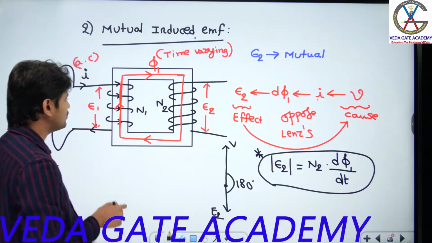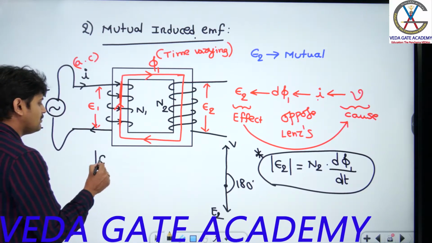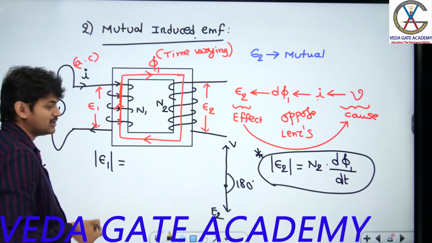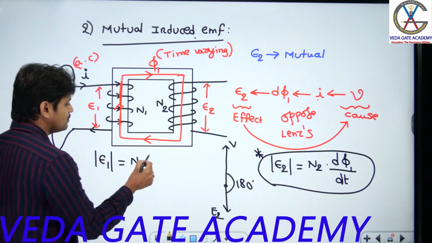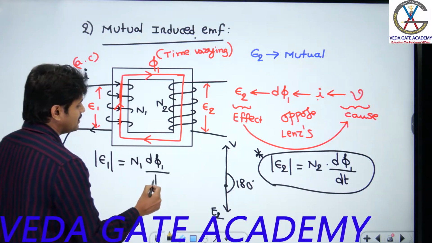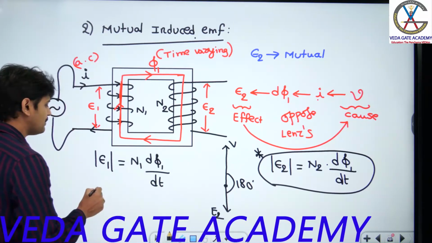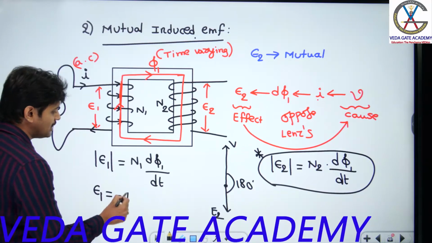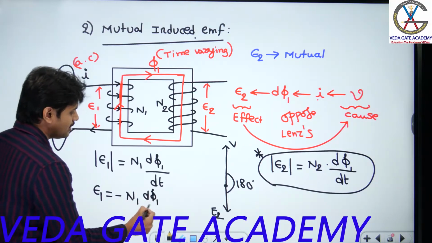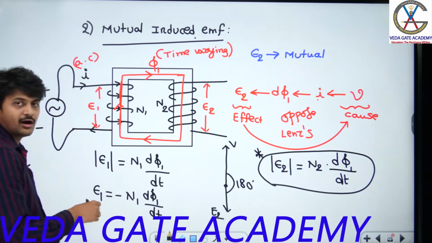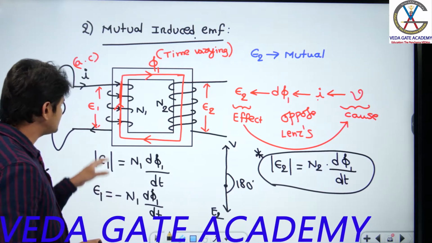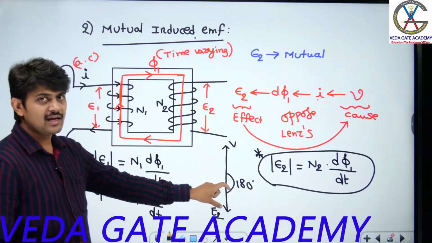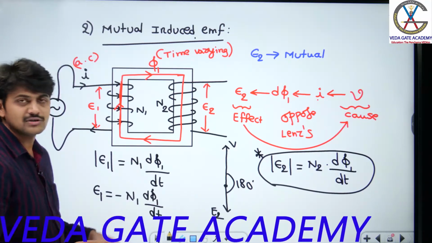Suppose I want to write the expression for self-induced EMF, E1. Self-induced EMF magnitude. Here E1 is called self-induced EMF. What is the formula you are going to get? N1 into d phi1 divided by dt. This is the formula. And if you want to represent even the direction, we get minus N1 into d phi1 by dt. And we know that this minus represents opposition according to Lenz's law. So according to Lenz's law, the polarities of the EMFs are such that the angle between the applied voltage and this E1 is also 180 degrees.